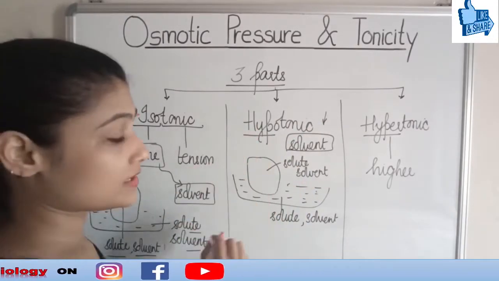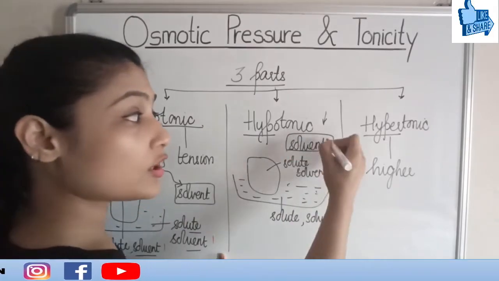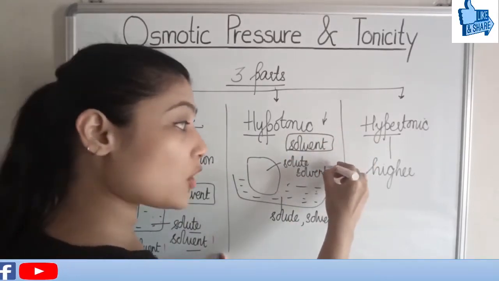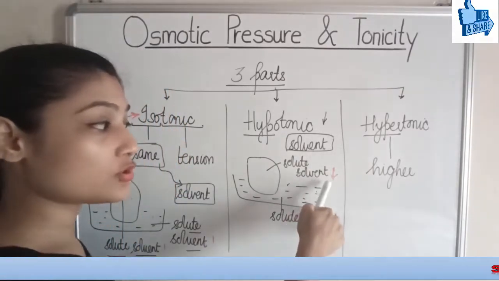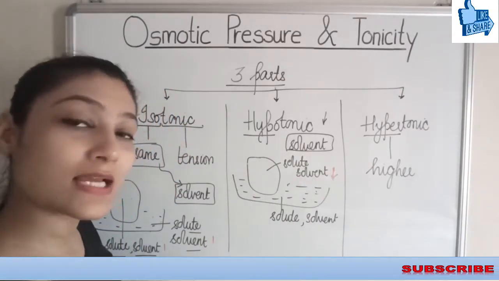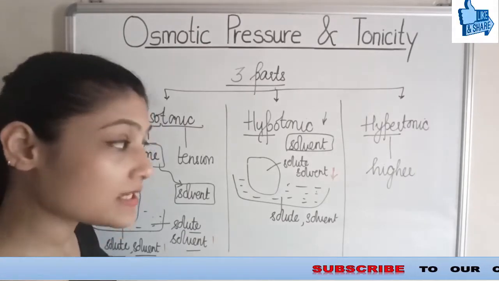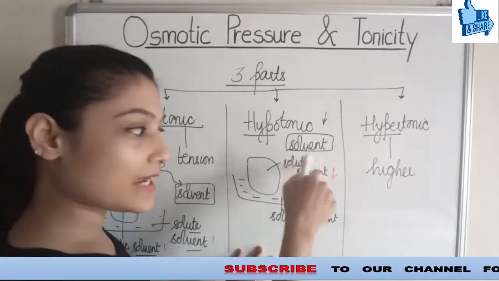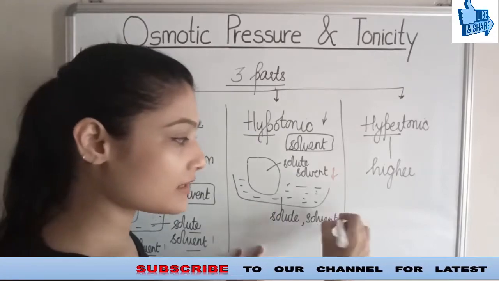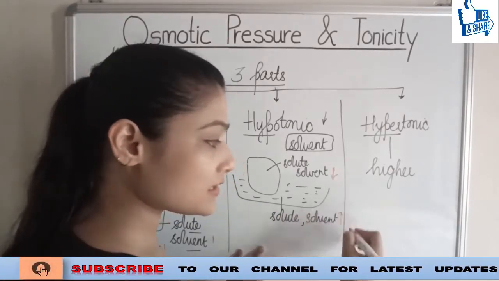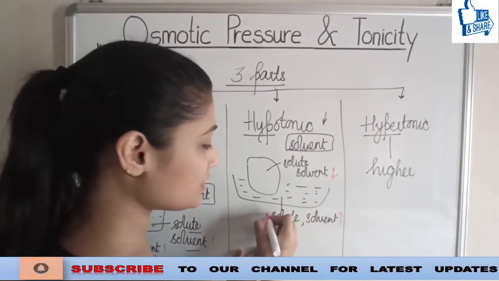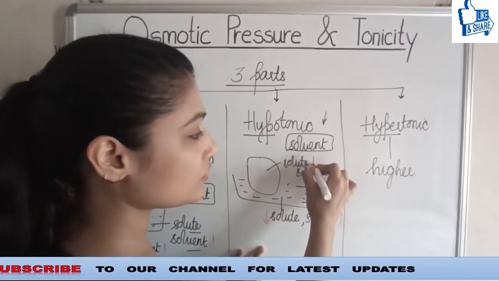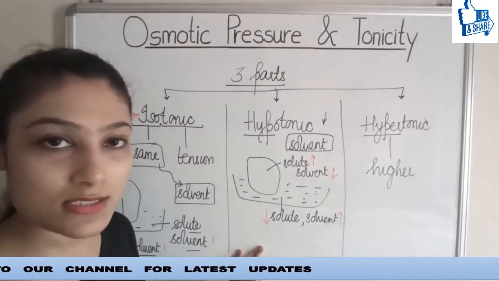Hypotonic means lower concentration. Lower concentration of what? Solvent. So if I am talking about lower concentration of solvent, can I write it this way, that inside of my cell the solvent is less? Yes. If inside of the cell it is less, then I can write it reverse like this, that outside it has to be more, and reverse with the solute. This we already know. We have already discussed this much.